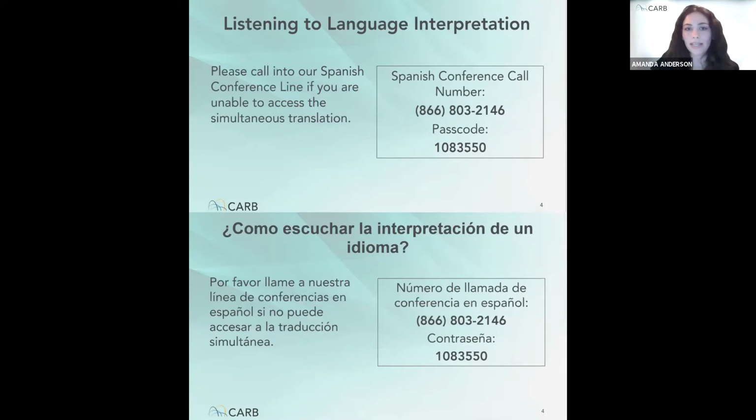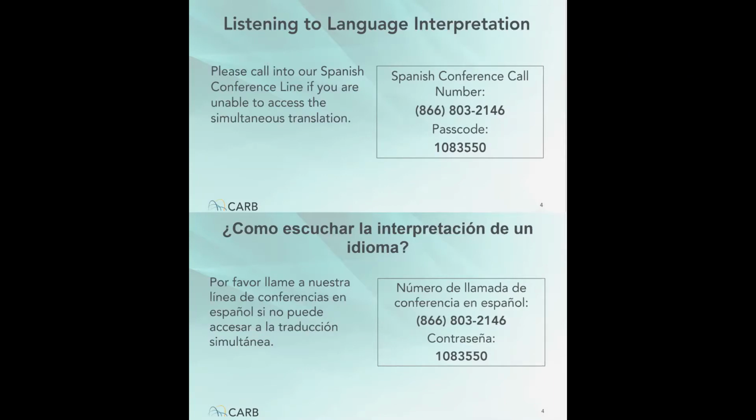That number is 866-803-2146. 866-803-2146. And the passcode is